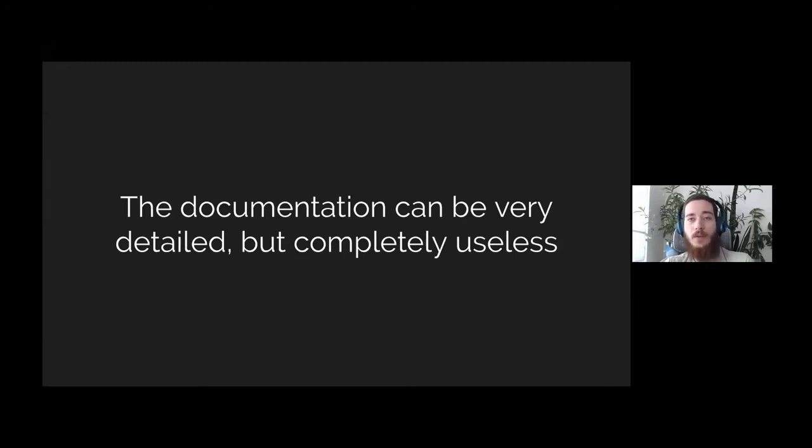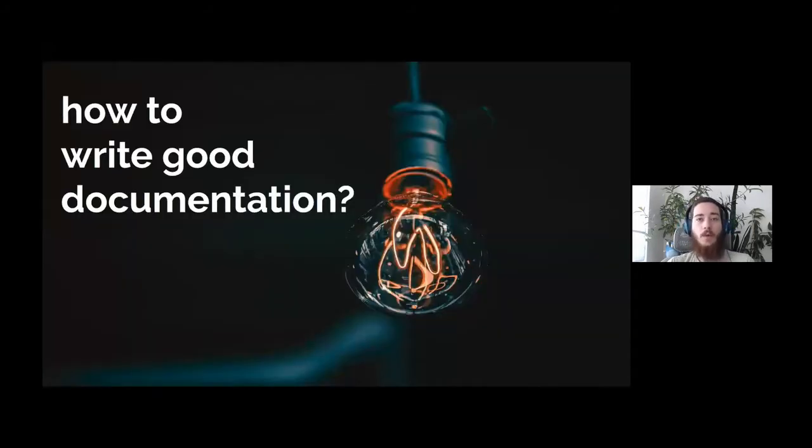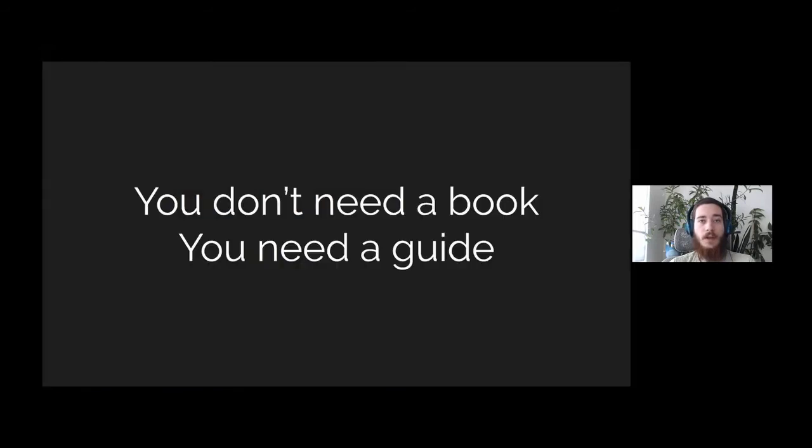it very useful. So what can we do to make our documentation as good and useful? First, you don't need a book, you need a guide. In modern programming, most of the time we don't need to know exactly how the library works, at least not until we are engaged in optimization. So it's okay to just understand the semantics, the public interface, let's say, of the library to know how to use it and to use